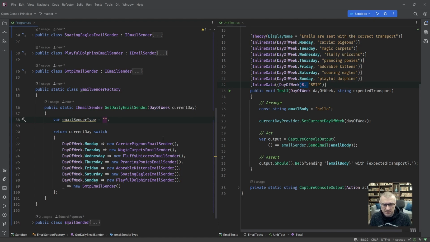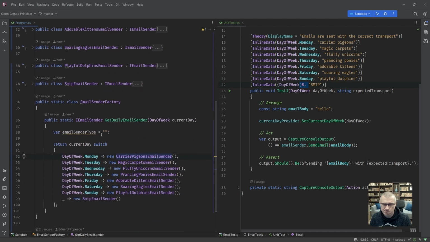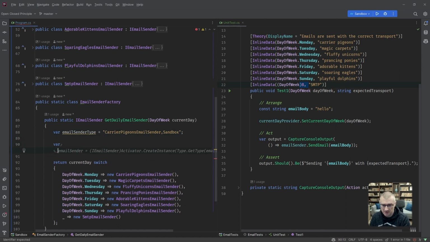So I think the type is going to be carrier pigeons email sender from inbox, I think. Then we get this thing. Okay, so we're using the activator.